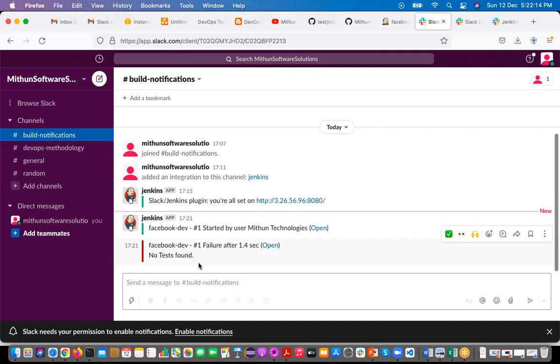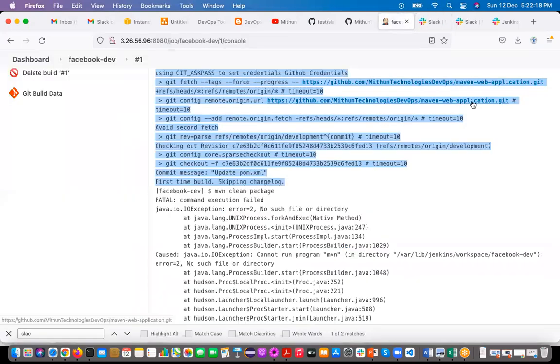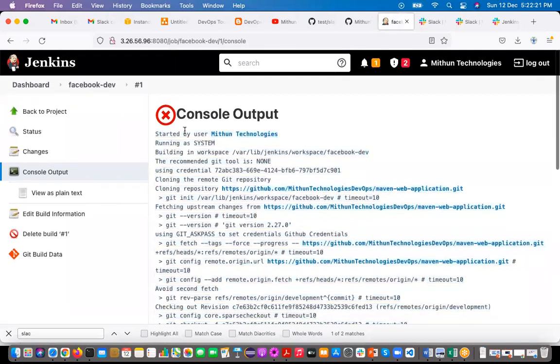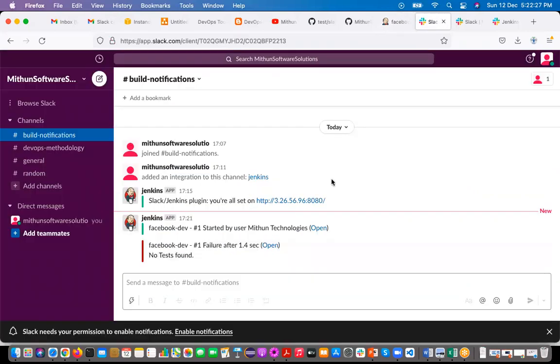It has been successfully triggered by this particular user, the Mithun Technologies user. We logged in with this user and triggered it. So it sent that notification. Assume that in this channel, all the resources working on the Facebook application are added, so that everyone can see these build notifications.